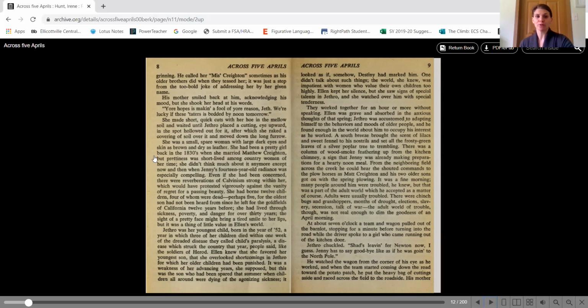She had been a pretty girl back in the 1830s when she married Matthew Crichton, but prettiness was short-lived among country women of her time. She didn't think much about it anymore, except now and then when Jenny's 14-year-old radiance was especially compelling. Even if she had been concerned, there were reverberations of Calvinism strong within her, which would have protested vigorously against the vanity of regret